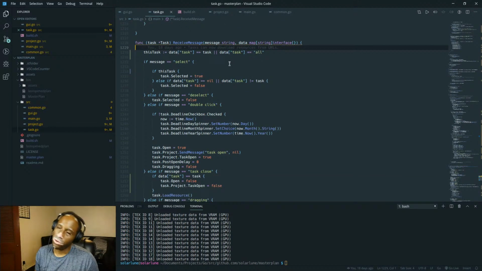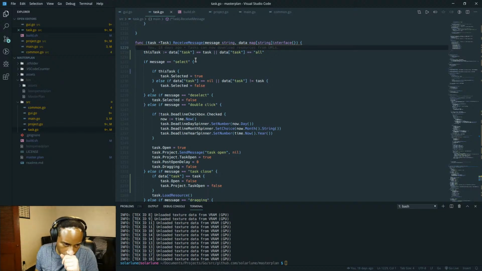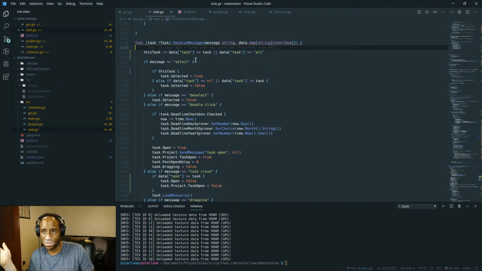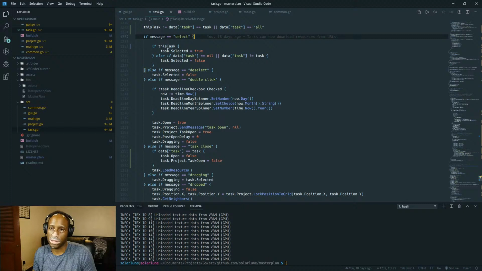I thought it would be useful because when it comes to selecting things for the project, it just made sense to make it message based. We have all of our tasks in a box, in an array or a slice in this case, and we want to specifically select some of them. So it's easier to say, for each of them, send them a message that says you've been selected, and for the other tasks, send a message that says that other task was selected. Each task can say, am I the task that was selected? If so, set your selected value to true. Otherwise, set it to false.